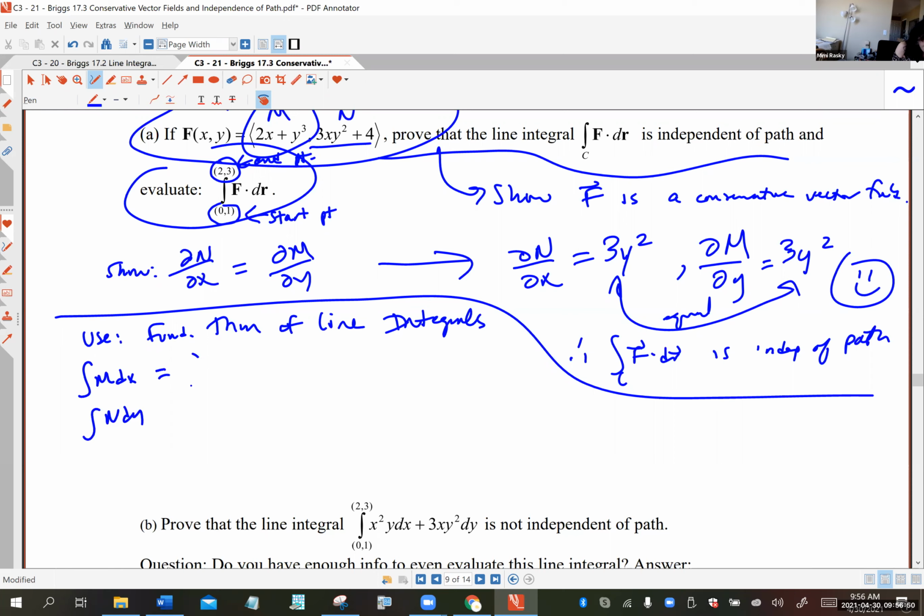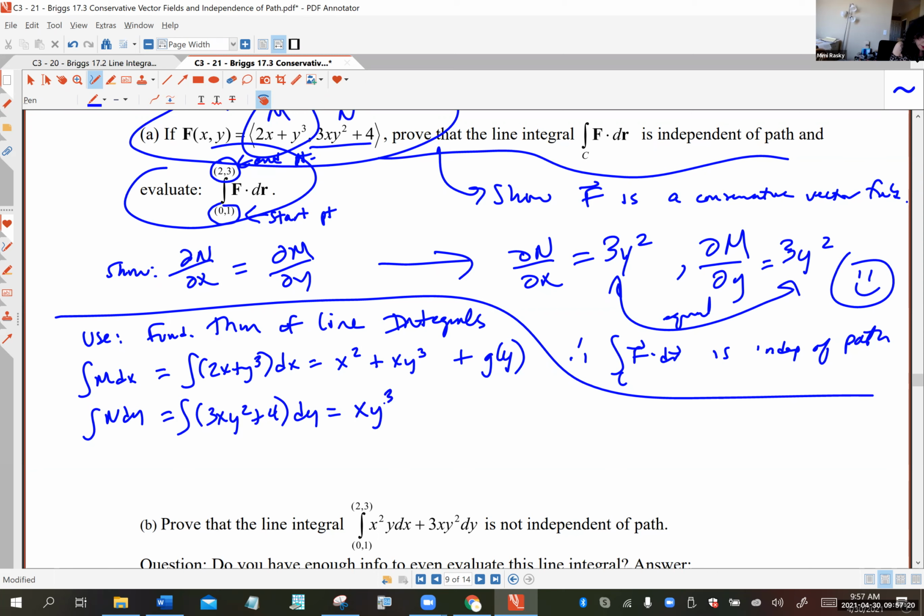Yep, go get mama. So you're going to integrate the first component of your vector field, 2x plus y cubed, with respect to x. So you're going to get x squared plus xy cubed plus g of y. Then you're going to integrate the other component, 3xy squared plus 4, but with respect to y. I get xy cubed plus 4y plus, acknowledge you didn't integrate with respect to x this time, so h of